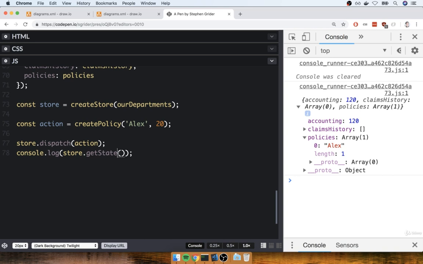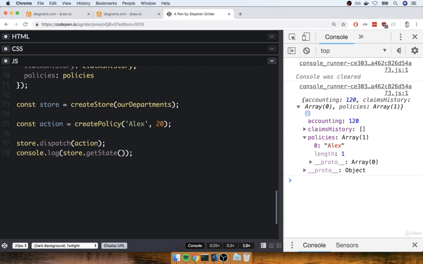So now we can call all of our different action creators, pass the action that gets returned to store.dispatch, and that's going to incrementally modify exactly how the state of our company looks. That is all contained inside of this store. Let's try doing a couple of quick examples here.